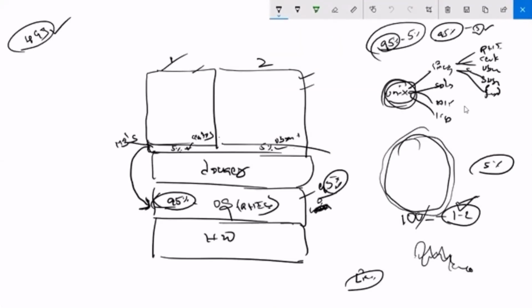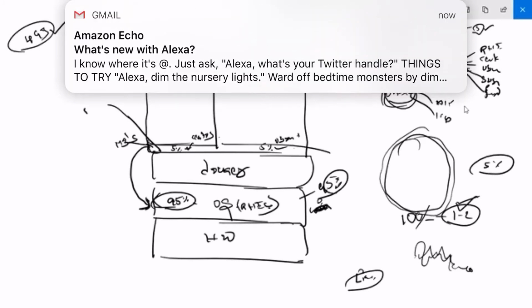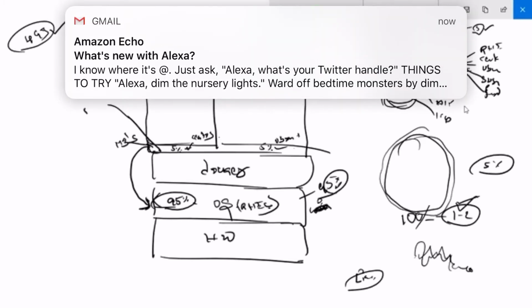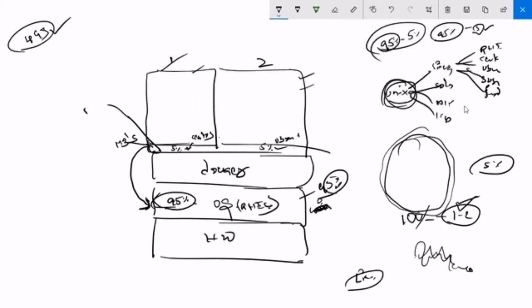Okay. So you understood this one? That 5% extra that we take, we call that Docker.